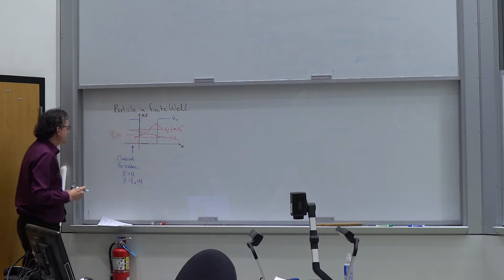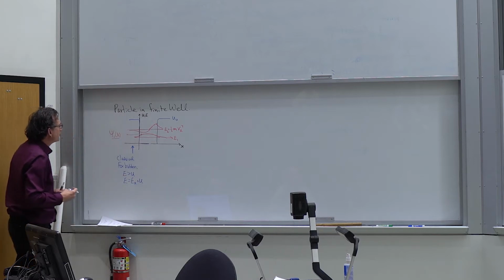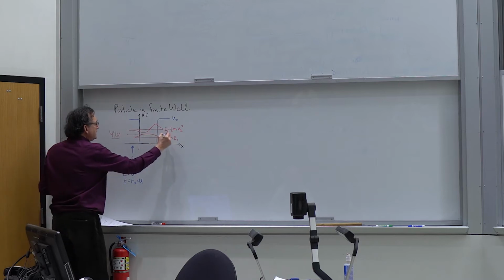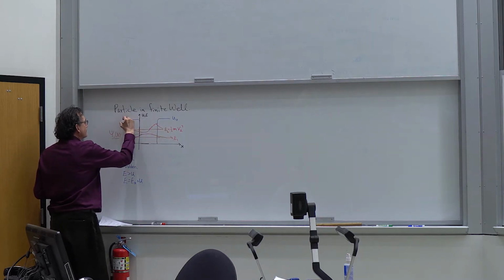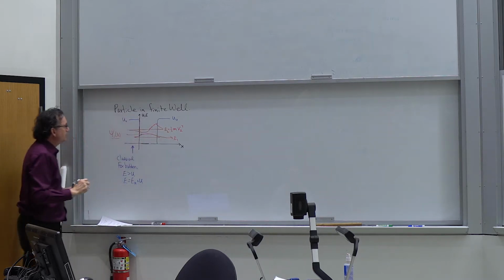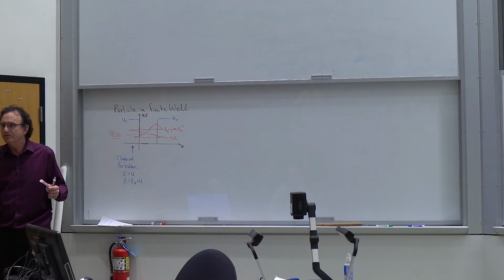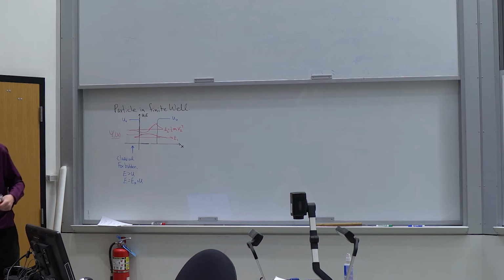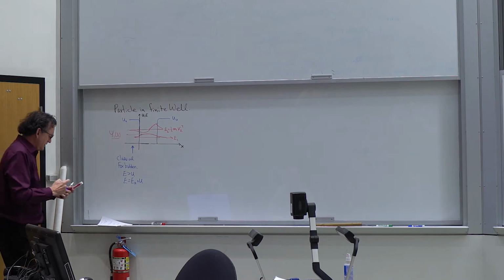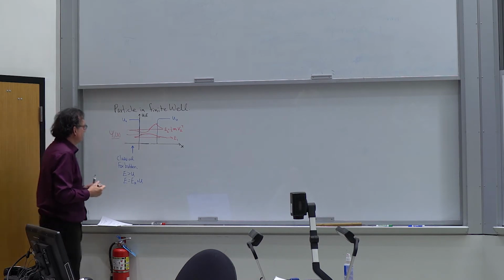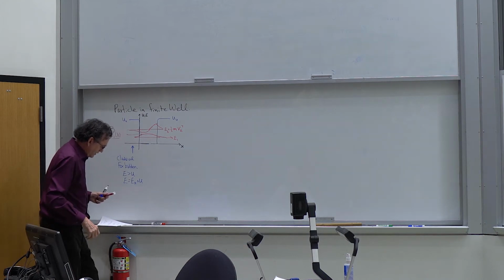So the total energy must be greater than potential. Here, the total energy E is less than the potential, right? So this is a region that we would normally call negative kinetic energy, which of course is not possible, therefore it's forbidden. But we also said that it's possible in certain cases where